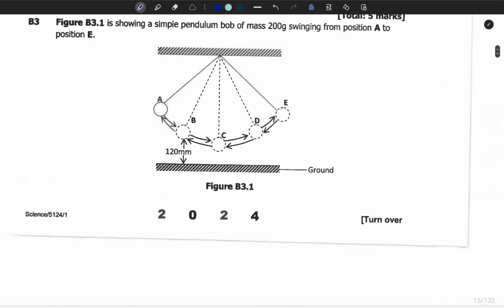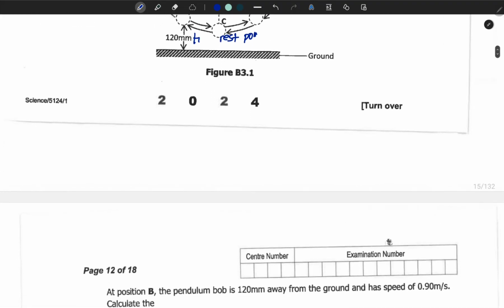Then we move on to question number 3 from the topic of light. Figure B3.1 is showing a simple pendulum, not light, a pendulum, of mass 200 grams swinging from position A to position A. So we have the level ground. This is our height. Then we have the rest position. So we can now move on to question